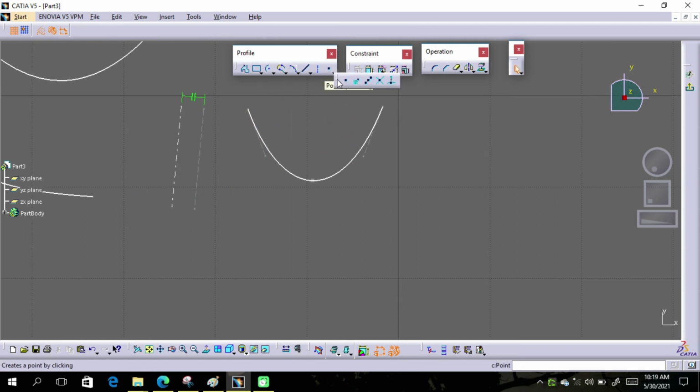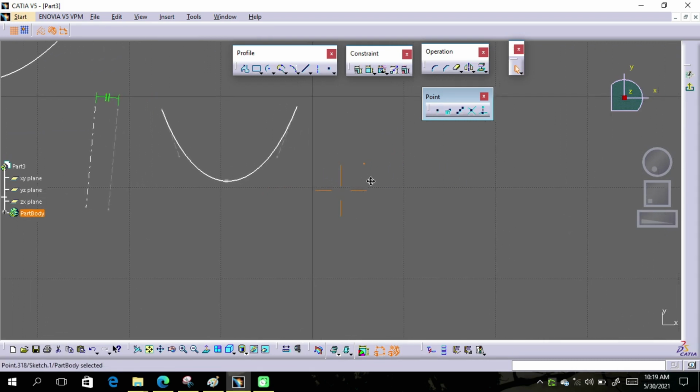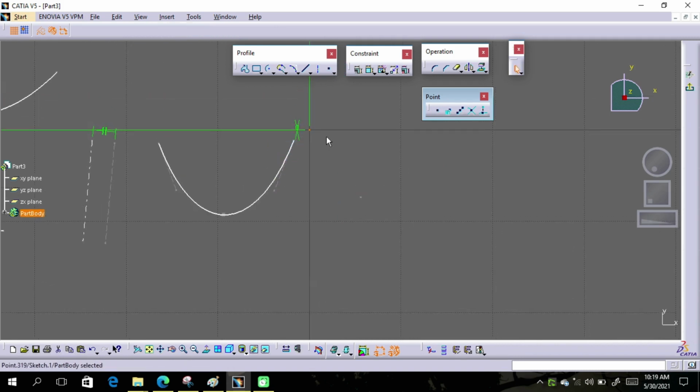Next tool is the point toolbar. We have many options. Let's explain these options. First option is the point. Just click anywhere on the screen to define the point location, or you can give horizontal and vertical values, like I want to give 200 on horizontal and 0 on vertical. So the point is here.